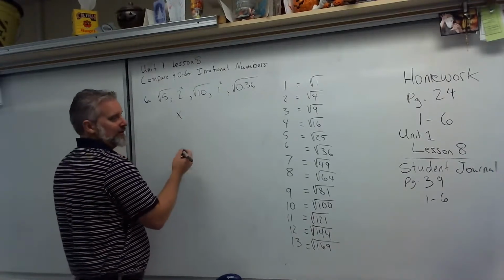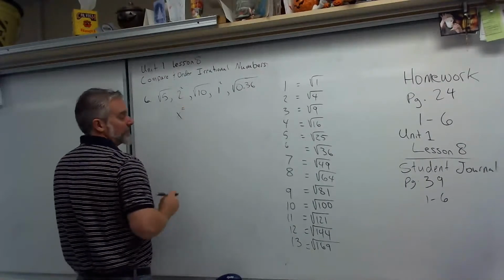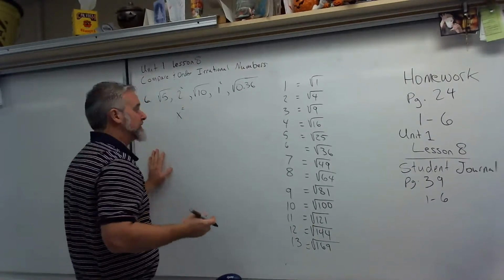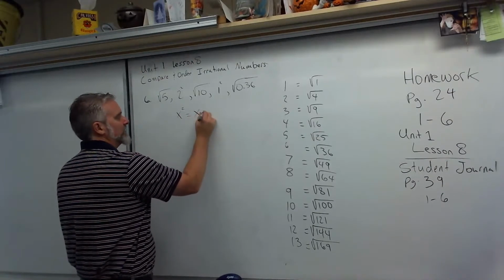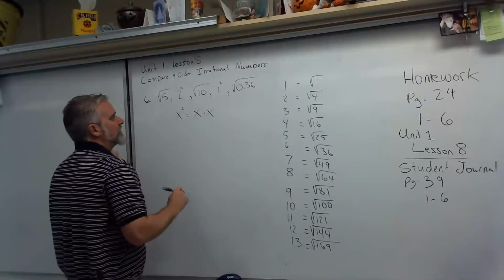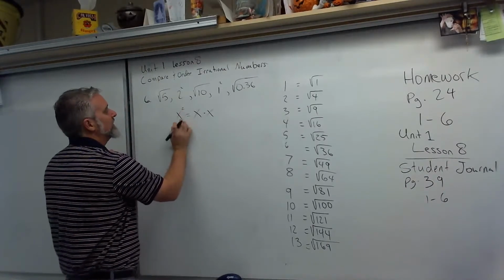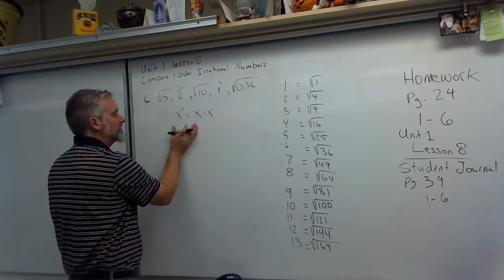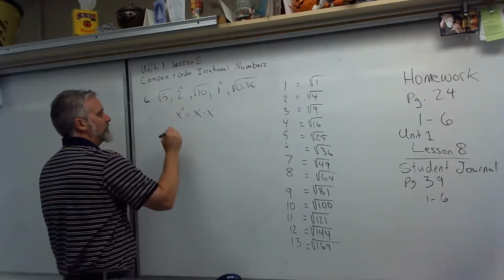Math teachers always use letters in their work. So we're going to use x as a representative of any number. X squared would be represented by writing x times x. So any number with the little 2 above it, which is called an exponent, is equal to that number times itself. So there's 2 of them all together. So 2 squared,